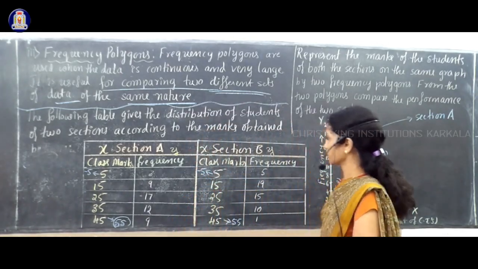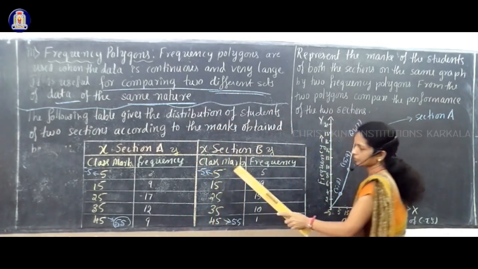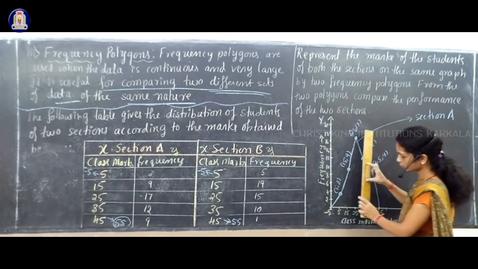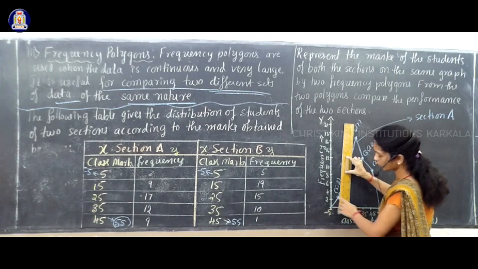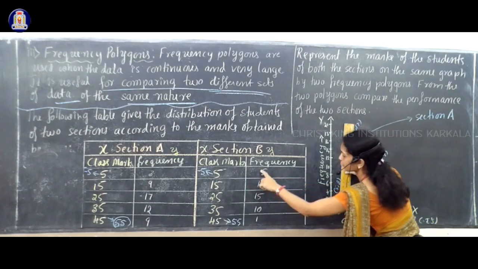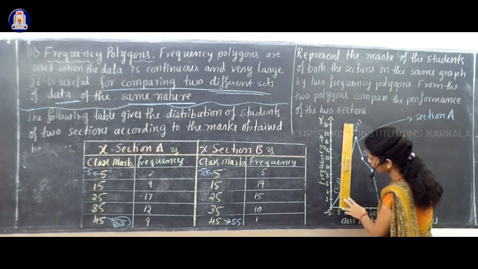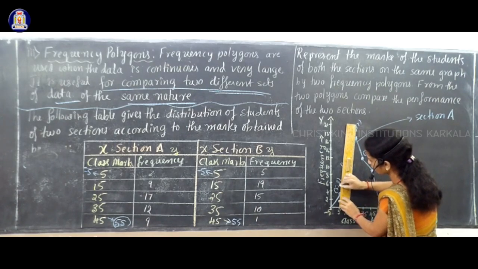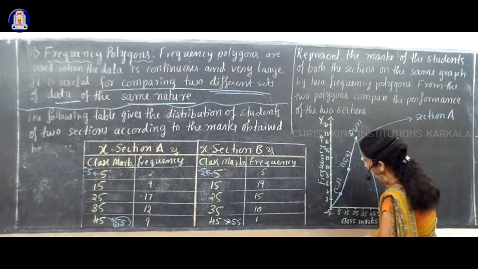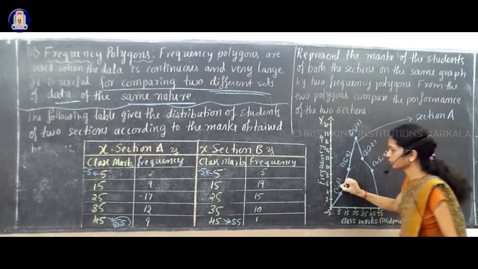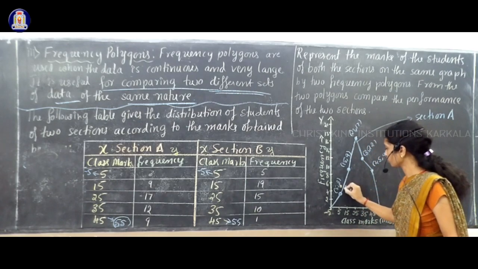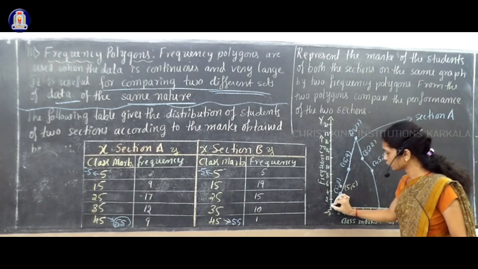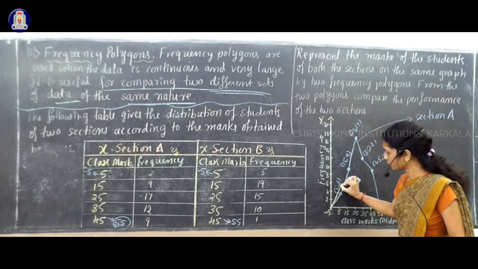Okay. So now section B. First class mark is 5, and for that frequency is 5. So at 5, how much do we move up to? How much is the frequency for 5? 5. Okay. So at 5, you have to move up to 5. That is here. In between 4 and 6, you have 5. So it is here. Okay. So that point is which point? That point is 5, 5. Okay. At 5, we moved up to 5. So 5, 5. And join that with the -5 like this.